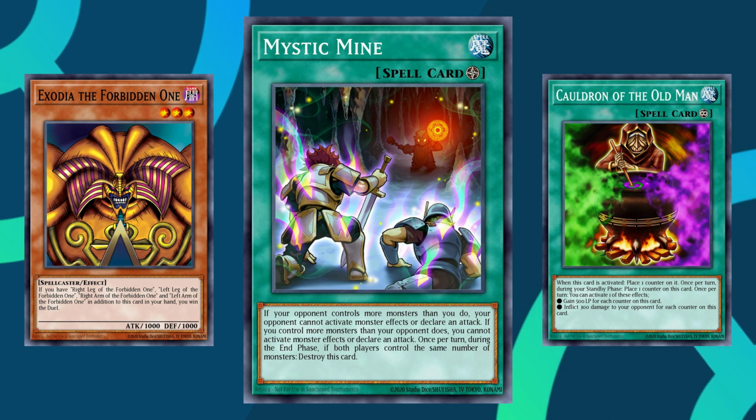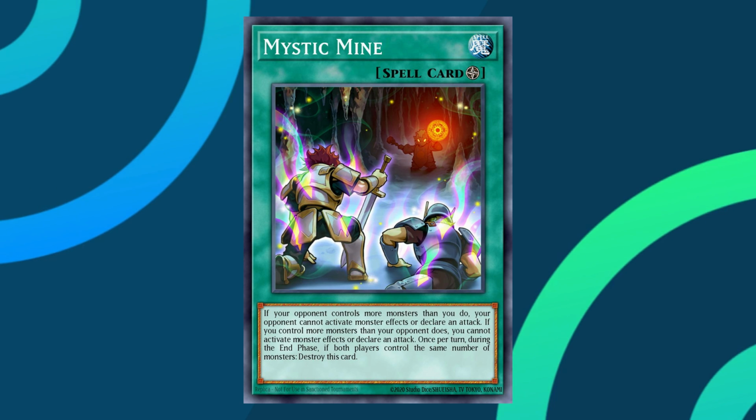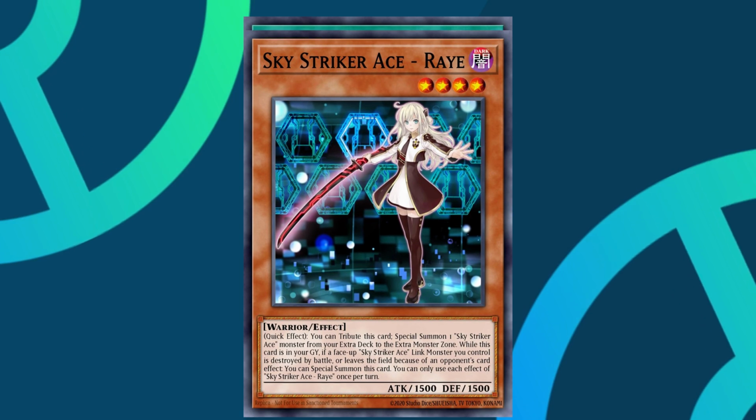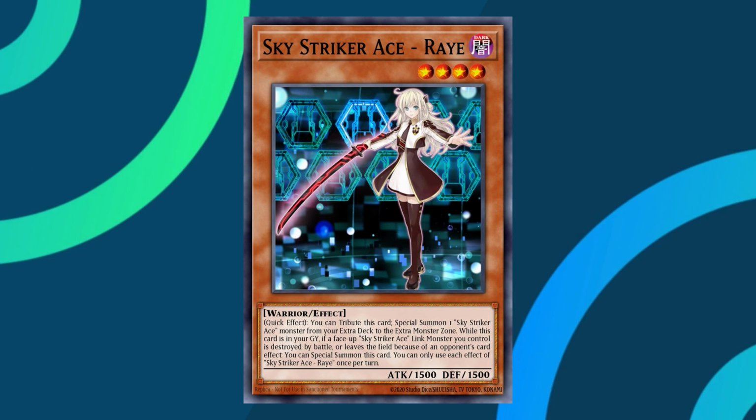If your opponent establishes a big board, you play Mystic Mine. If they can't remove it immediately, you have a few turns to pick apart their board and draw interaction into their established board. It was a staple in the Sky Striker deck, which only has one monster on board 99% of the time,